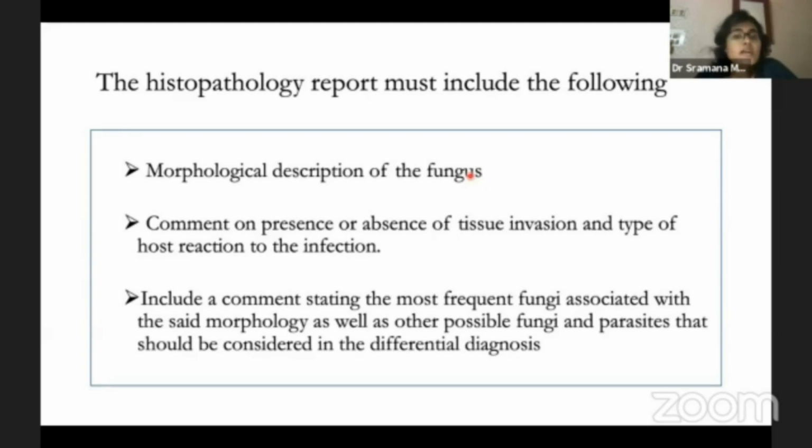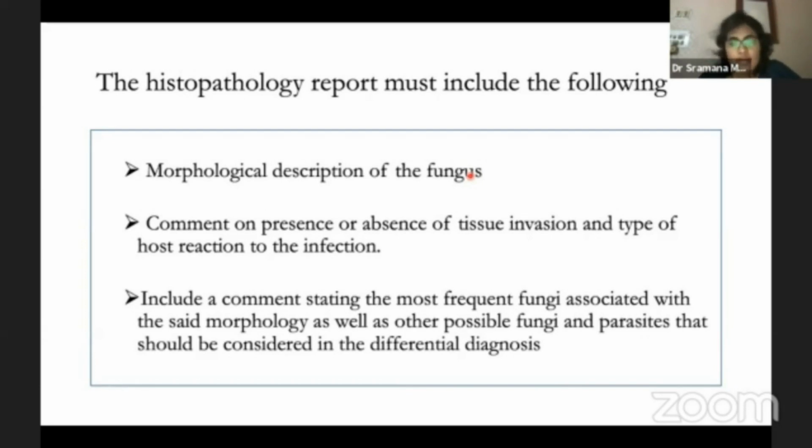After that, there should be a comment on the presence or absence of tissue invasion and what type of host reaction they are producing. I'll take the example of mucormycosis. Mucormycosis can be invasive, but in acute fulminant mucormycosis, the tissue reaction will be that of acute inflammation. Whereas if it becomes chronic, for example, in case of Aspergillus flavus induced chronic invasive granulomatous infection, you will see tissue invasion, but there the host reaction is granulomatous. So that has important implications for classifying the kind of infection that one is seeing, and the clinician can plan